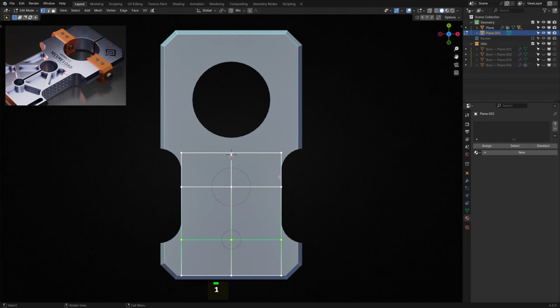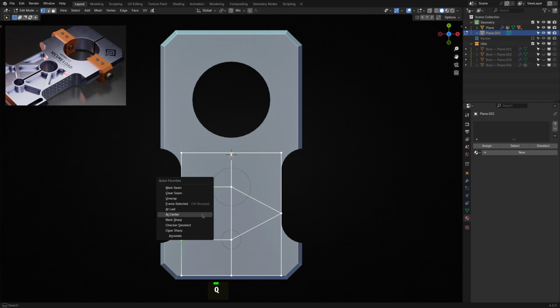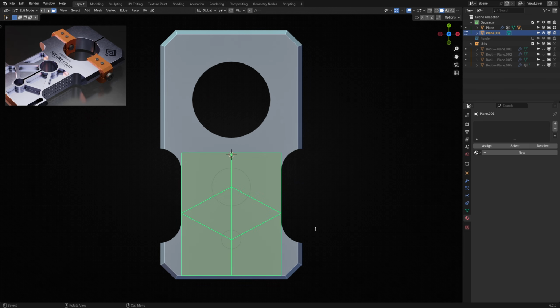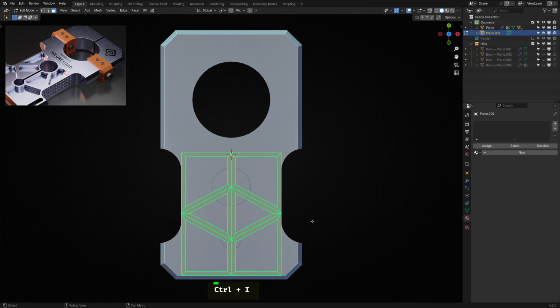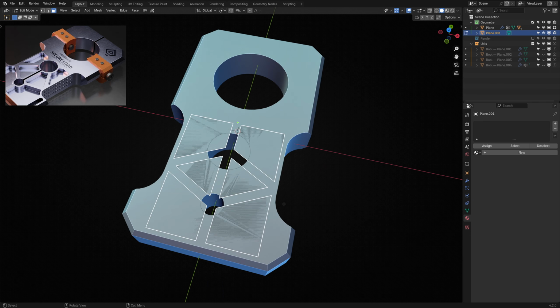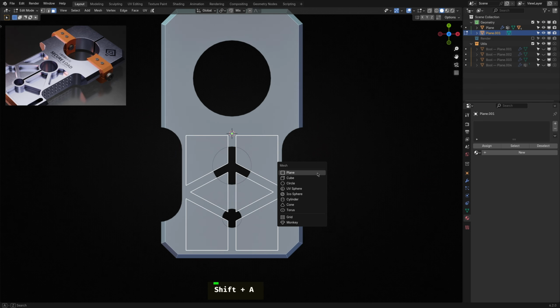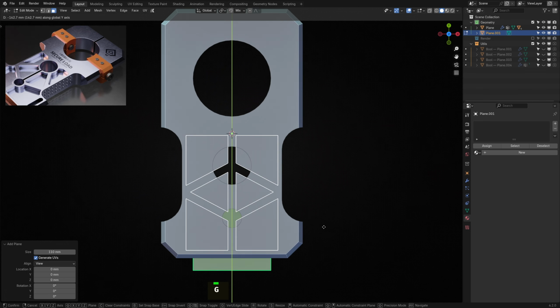Then, select the vertices of both edges on one side of the plane and merge them at the center. And repeat that on the other side. What we're left with is a bunch of faces that form the web of the cutout. Let's select these, inset them, and ensure we toggle individual faces. Follow that by inverting your selection and then deleting the selected faces. Hopefully, you'll be left with something like this. Let's add 2 smaller trapezoid-shaped planes at the corners to help fill the awkward spaces.